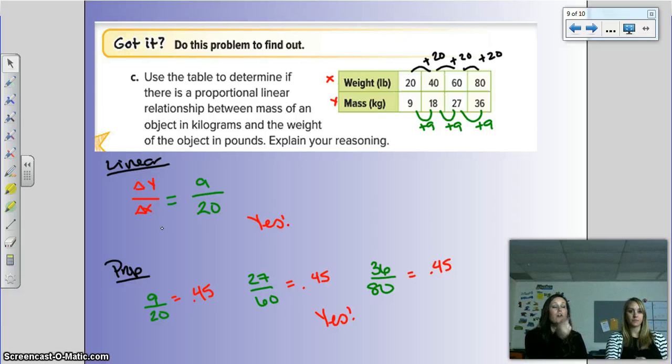Now, to decide if it's proportional, we compared 3 different ratios within our table, divided them out to find the decimal equivalent, and each one of them equaled 0.45. So we know that this is, yes, proportional. If I were to make a graph, it would start